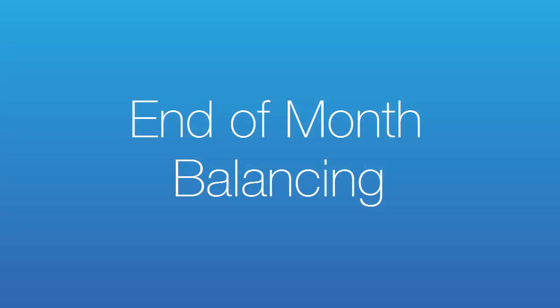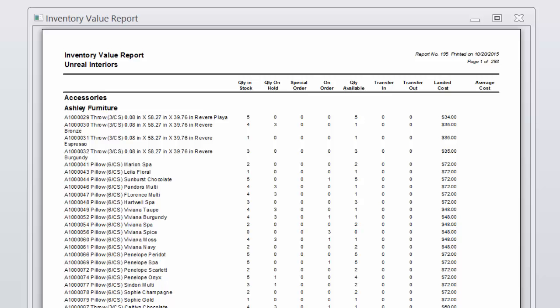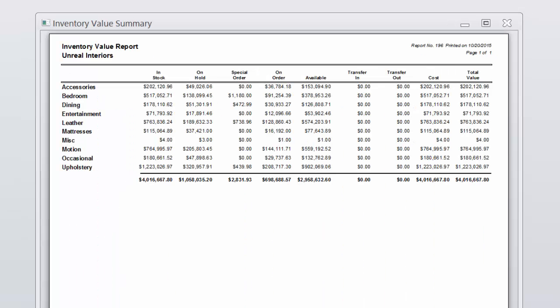The same reports used to verify that the export was done successfully can be used to verify end of the month totals. Make sure you are using the date range from beginning to end of the month for the correct period. Since inventory value is tracked in Furniture Wizard, it is recommended that you print an inventory value report, inventory